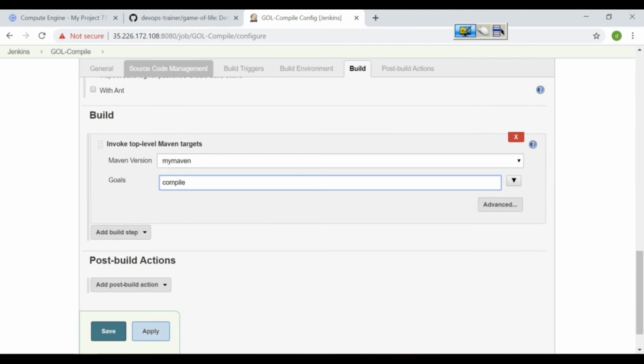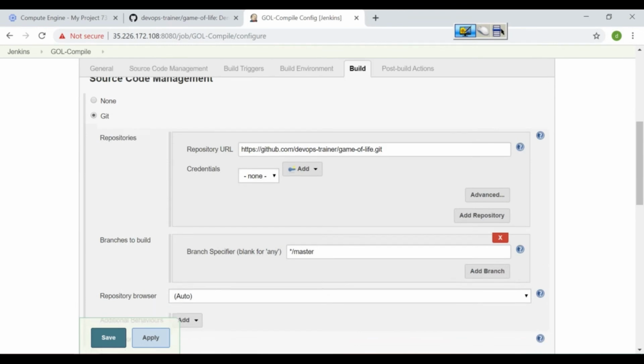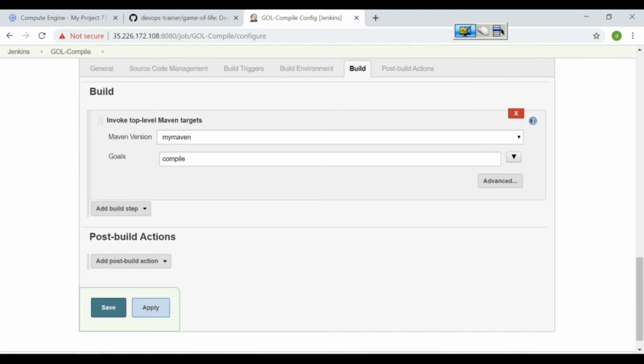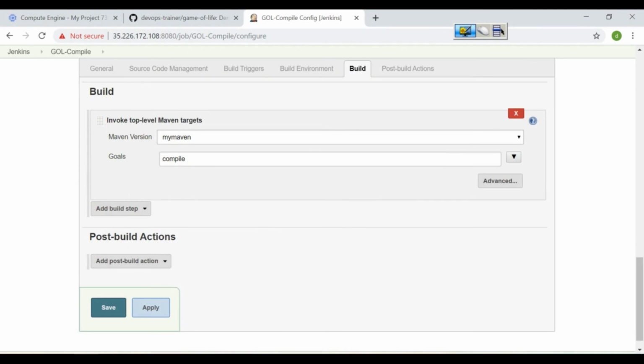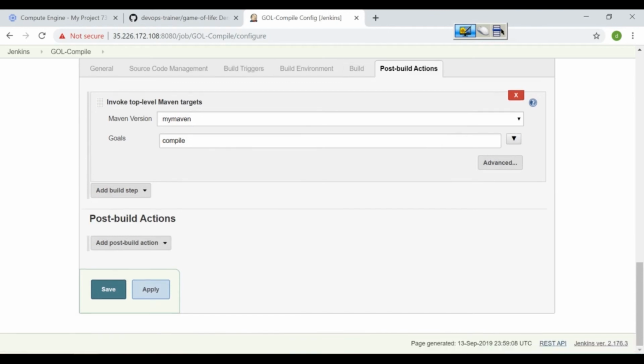That's all. I have used SCM section and I have used build section. I'm just first creating individual jobs. These individual jobs, compile, unit test, package. Then later on we'll connect them in the sequence or we'll connect them in the pipeline. So for now I'm not giving any triggers and post build actions. If we want, we can add post build actions for sending notifications and all.